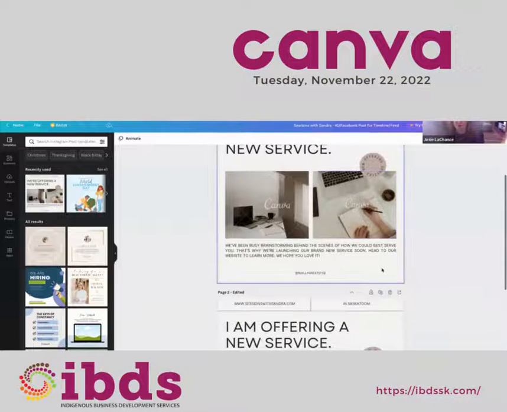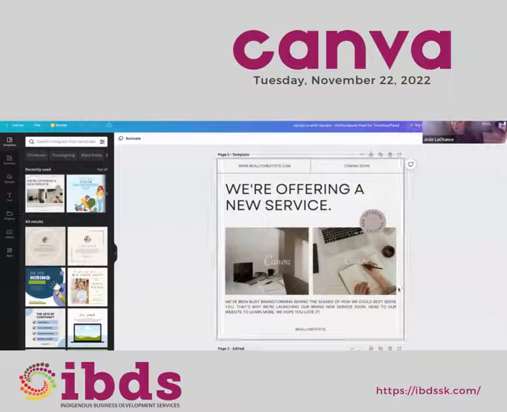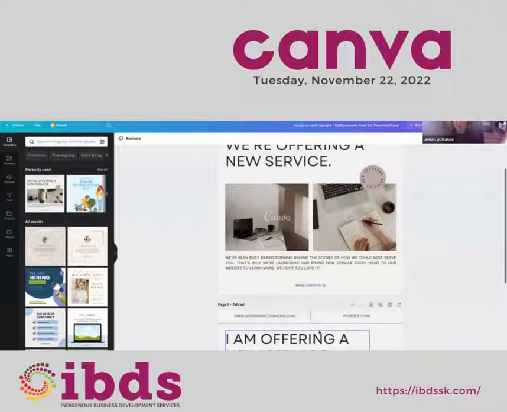And so as you can see here, it just has all of the info that they think you should put in there. And it doesn't mean you have to put that in there. You can put your own things here. You don't have to put your website or your Instagram handle or anything. You can just delete that if you don't want that there.